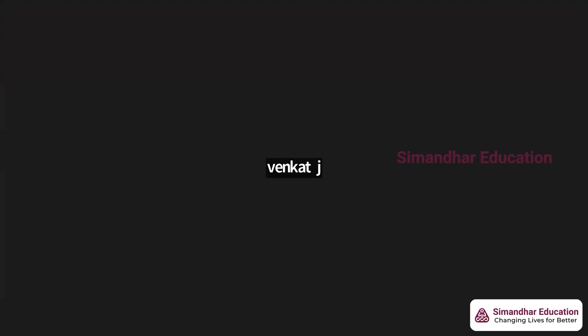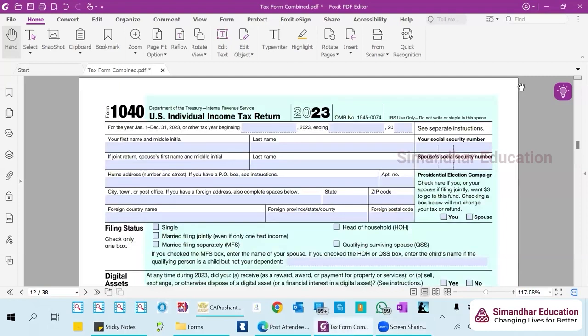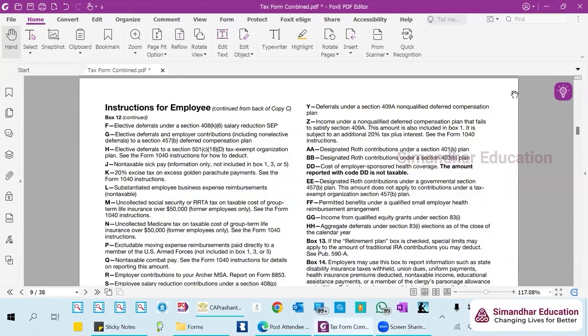Oh, you know what? That needs PDF. That can't happen. I can do this also. One second. What I want you to do is first note down all the forms. Wait, statement W2.